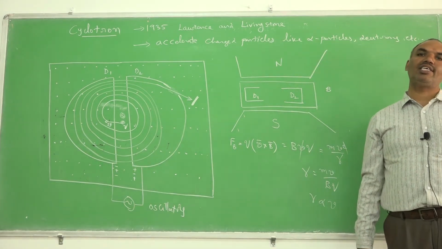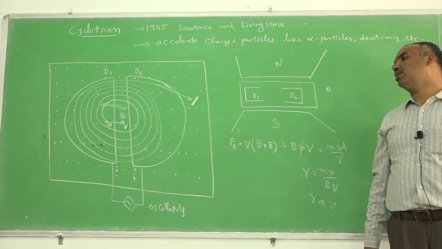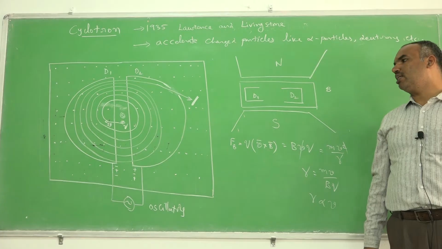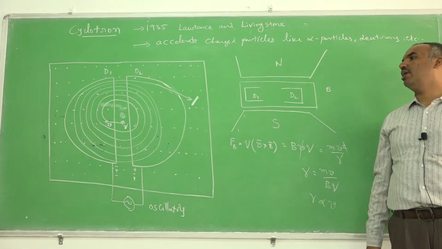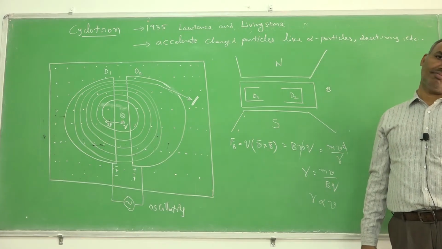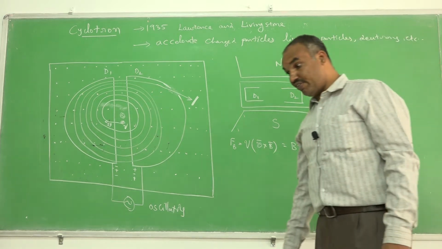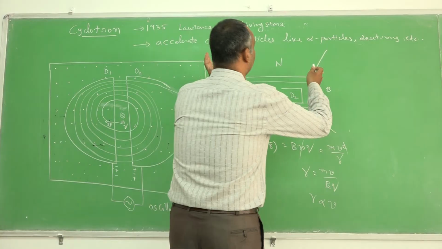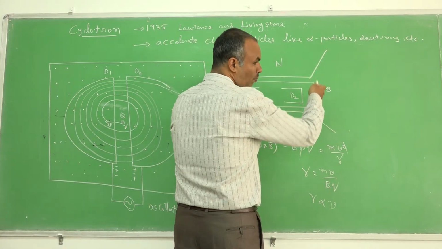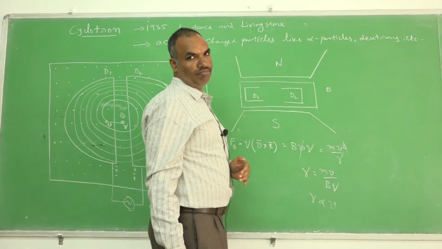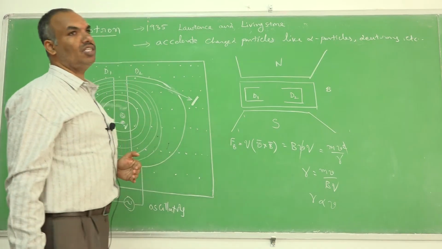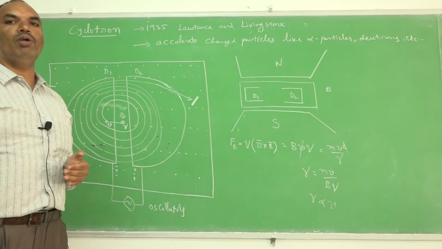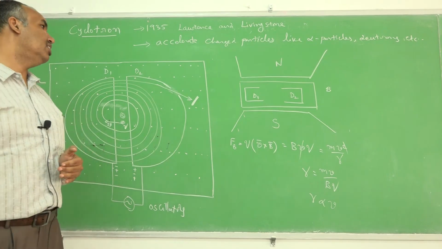We are energizing the charged particle by the application of a continuous electric field, and we are making that charged particle move in a fixed magnetic field. Here the magnetic field is very, very strong, with very high capacity, and the North Pole and South Pole are arranged. The size of the cyclotron is very, very large. It is like our school building, that much size arrangement it is.